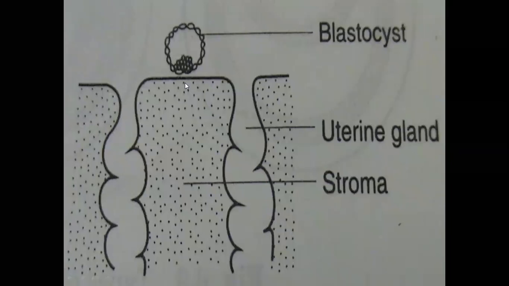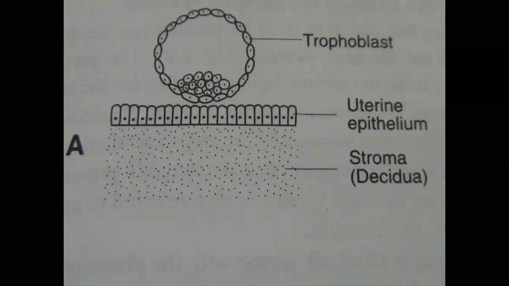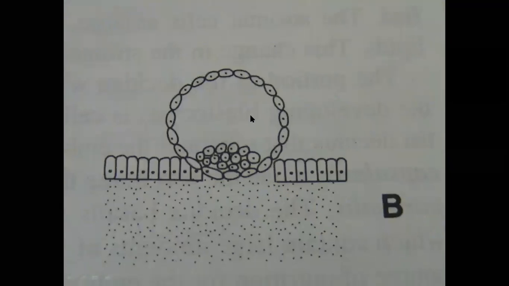So it erodes. It damages the superficial layer of the endometrium and goes deeper and deeper. It is buried in the endometrium, so that the blastocyst gets nutrition from the endometrium. You see now, the uterine epithelium is columnar cell, and trophoblasts are flattened cells. The trophoblast later damages these epithelial cells and goes deeper and deeper. Now you see there is degeneration and damage of the columnar cells of the epithelium of the uterine endometrium.